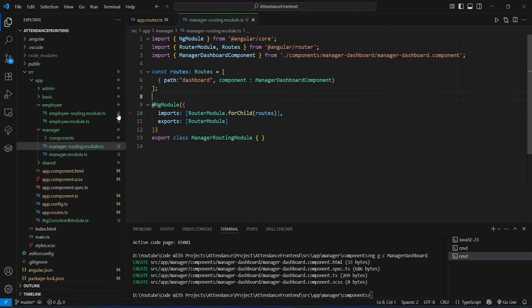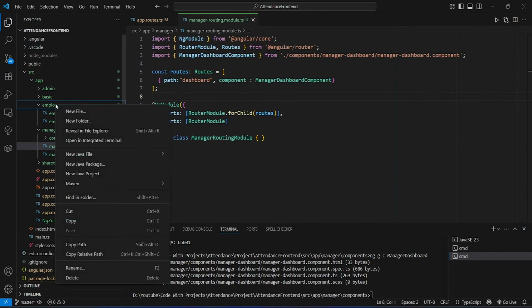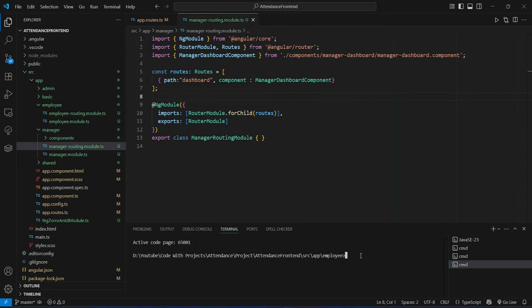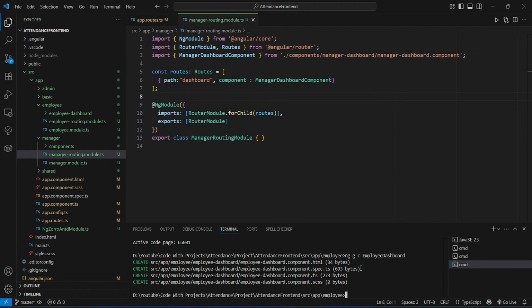To do this we will right click on this employee folder and open it in the integrated terminal, and in this terminal we will give the command ng g c, for generate component, and we will name this component employee-dashboard. As you can see our employee dashboard component is ready. And now to create the routing we will open employee